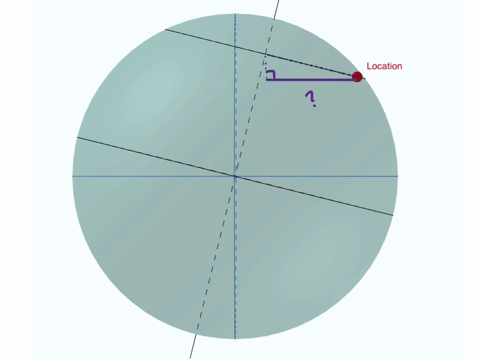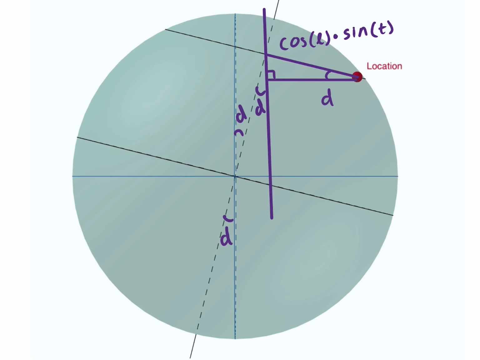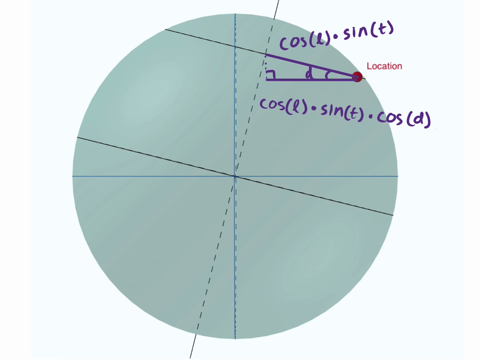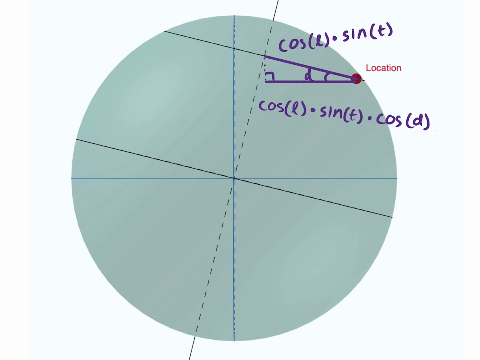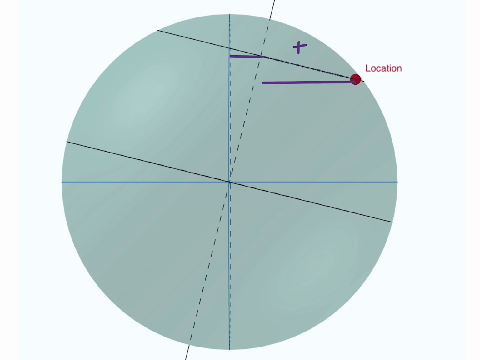Well, we have the angle over here is equal to D because that's the declination. We can also show it. These are vertical. This is alternate interior. Both of these pairs add up to 90, and they both have A. Now we know that this segment is equal to the hypotenuse cosine L times sine T times cosine of D. Okay, so altogether, this segment is equal to sine L times sine D plus cosine L times sine T times